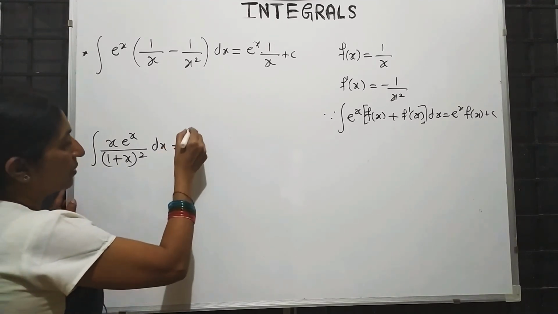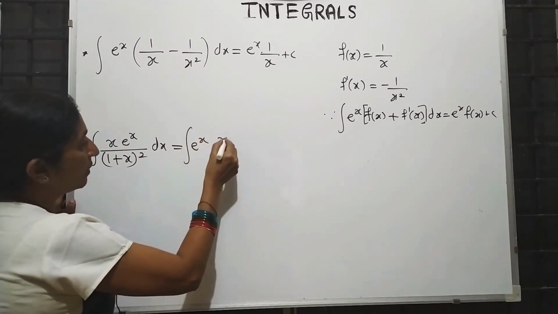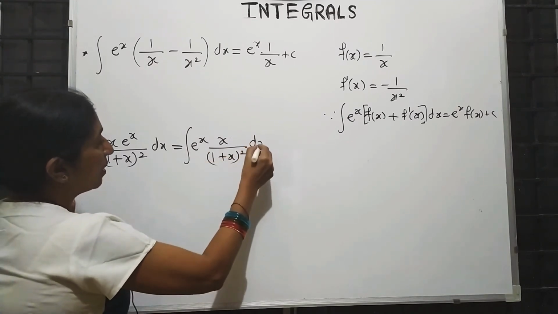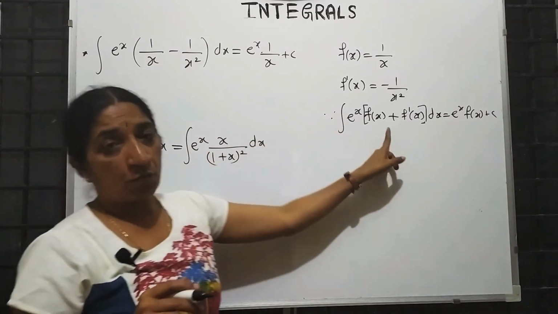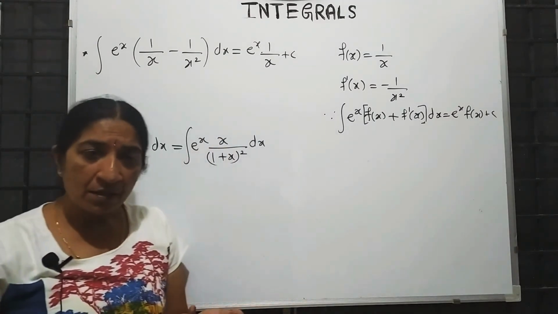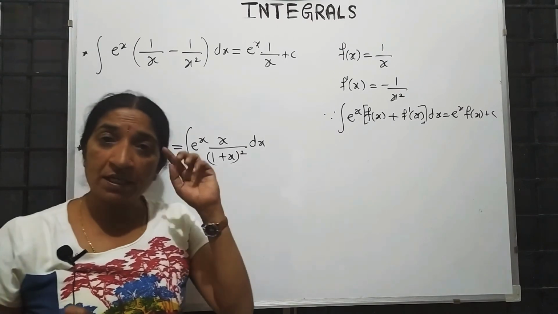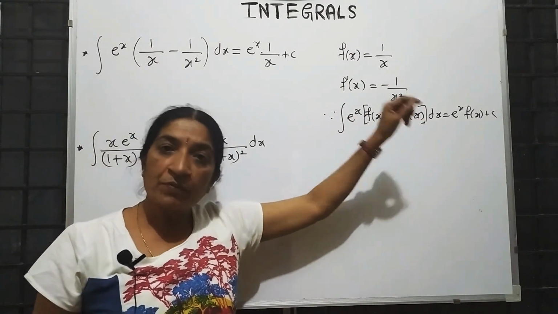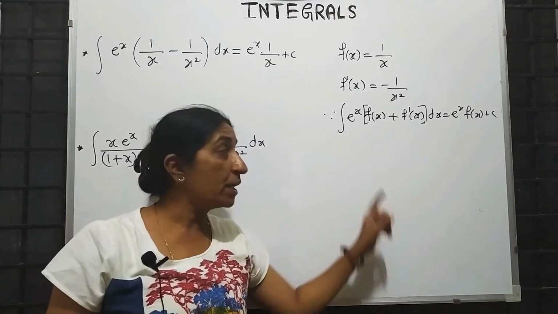When you rearrange e raised to x here, the next term is in the form of a fraction, and it is not in this form. But in the example, if you see e raised to x, automatically in your mind you are getting this formula. And check, is it possible to rearrange in this form?